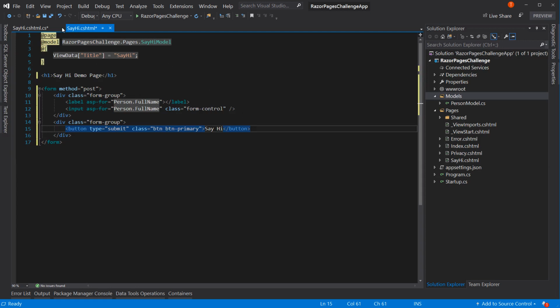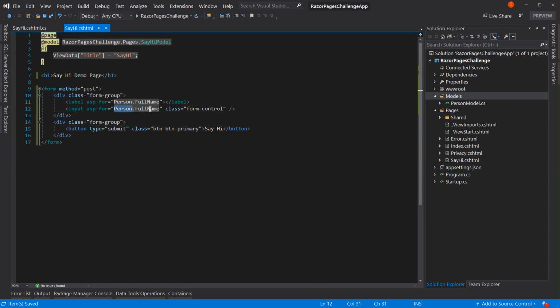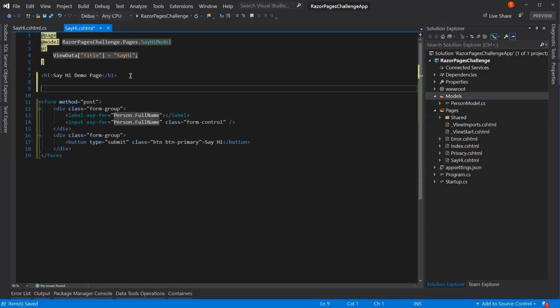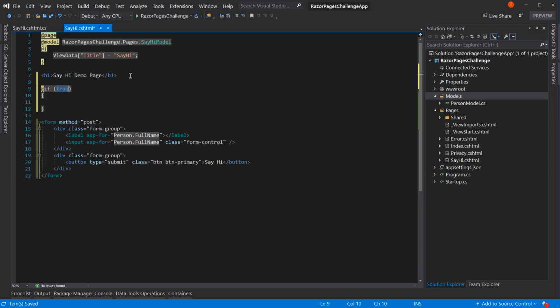So there's our form. And we have our property we're binding to, the person property. So we're binding to the person dot full name for both the label and the input. And up here, right below this h1 tag, we're going to create another one. We're going to have an if statement. So if, and we'll say